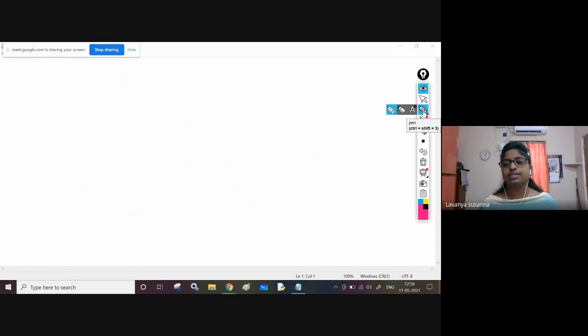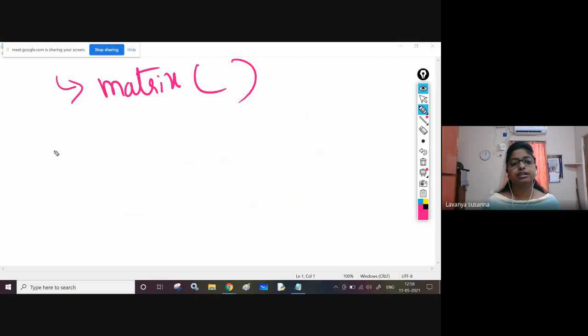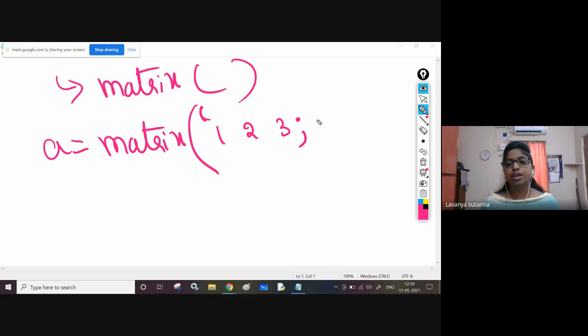And matrices, we have discussed how to create a matrix, right? I'm recapping. Class is completed and I'm just recapping what I have said. If you want to create a matrix, you need to use the matrix object. A equal to matrix. Here you can pass a string, in single quotes or double quotes: 1 space 2 space 3 semicolon 4 space 5 space 6, quotations close, and brackets close. Here it is going to create a matrix like this: 1, 2, 3, 4, 5, 6.